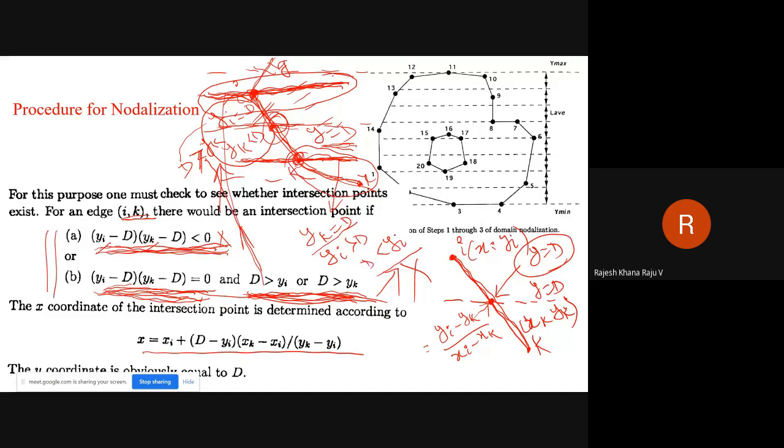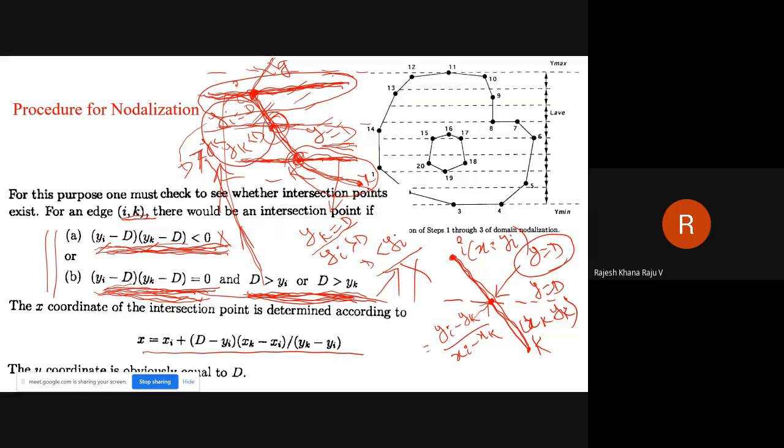In that case, the product of these two should be less than 0. That is the case when it is passing through the edge ik. But if it is passing through the edge point itself, whether it is i or k, in such cases you will get this condition equal to 0.